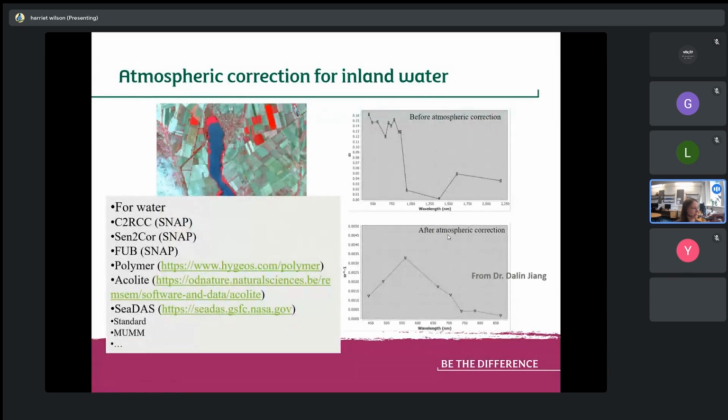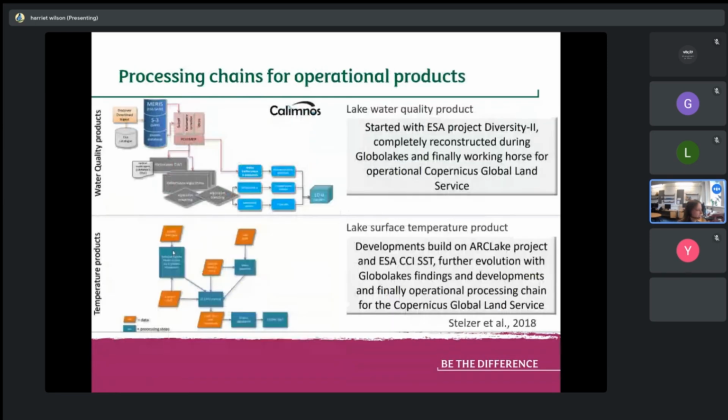And actually, there's a lot of tools available for atmospheric correction, and often they are using multiple different approaches and blending them. So I can show you here, this is processing chains for some operational products. On the top, you've got lake water quality products. And you can see here multiple,